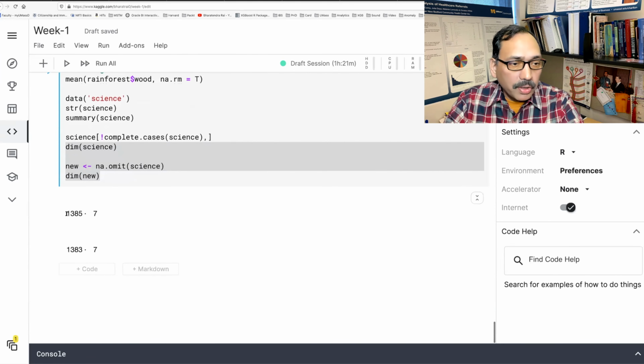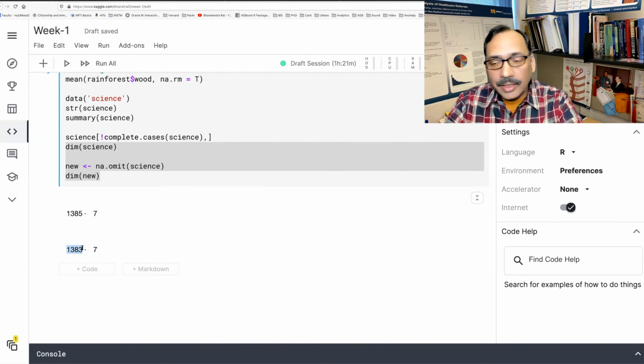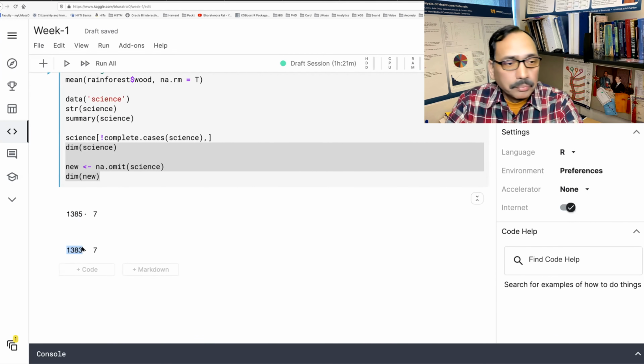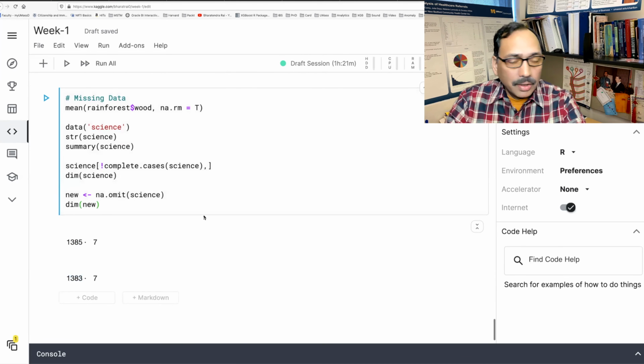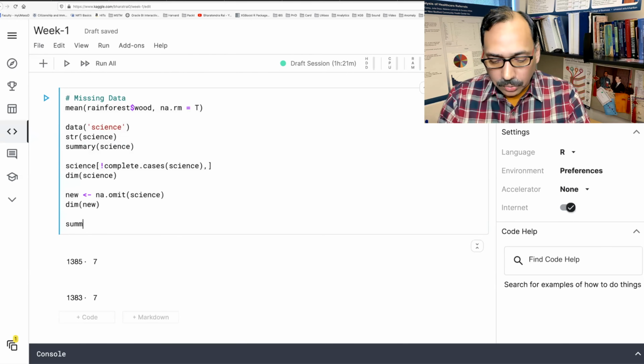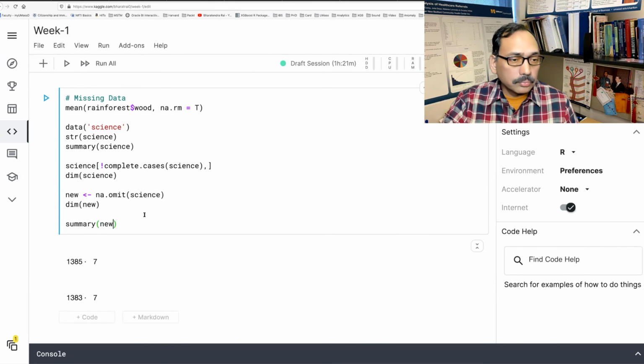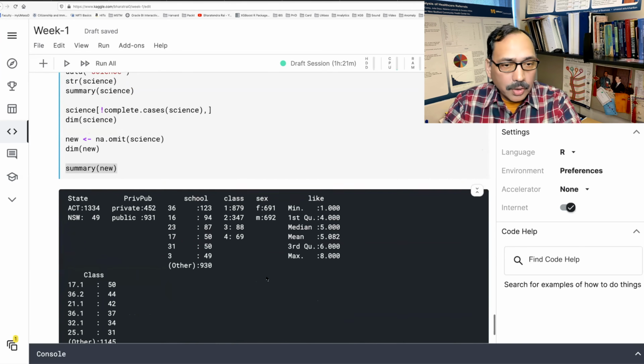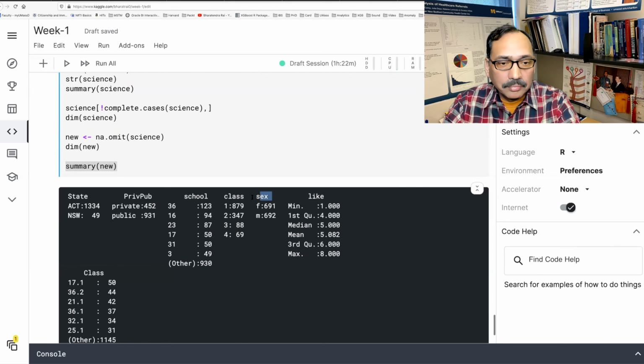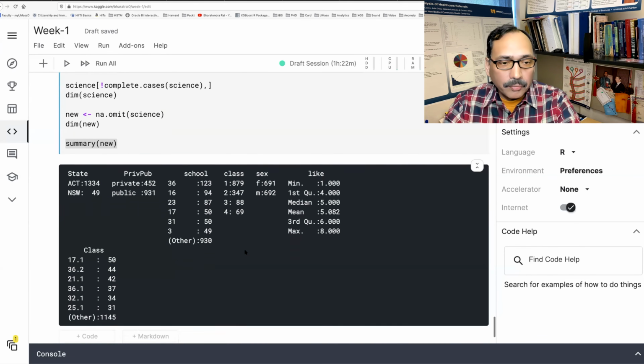Before removing those 2 rows, we had 1385, and after removing, we have 1383. So those 2 rows are removed. In fact, if you do summary for new, you'll see that now there are no NAs for the sex variable.